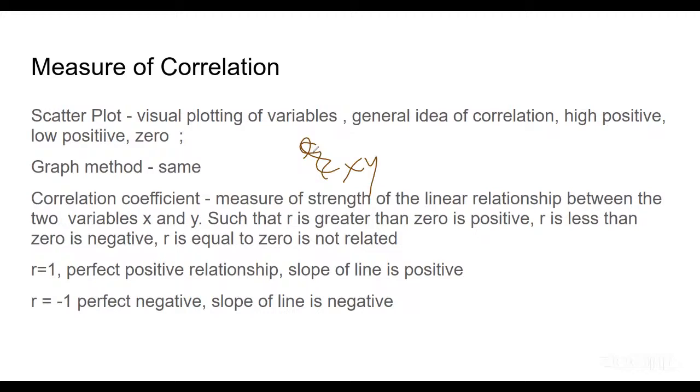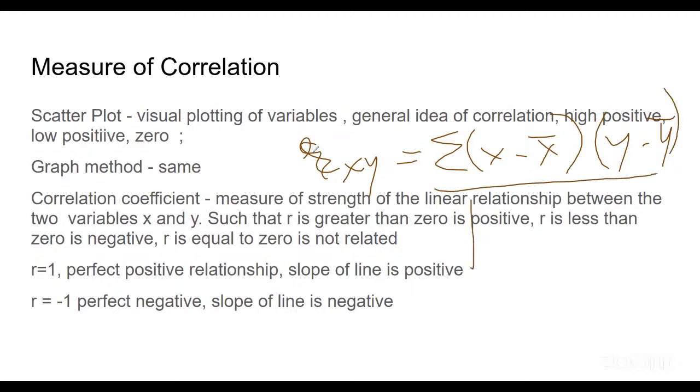We denote our correlation coefficient as r_xy, which equals the summation of (x minus x bar) times (y minus y bar), over the square root of the summation of (x minus x bar) squared,